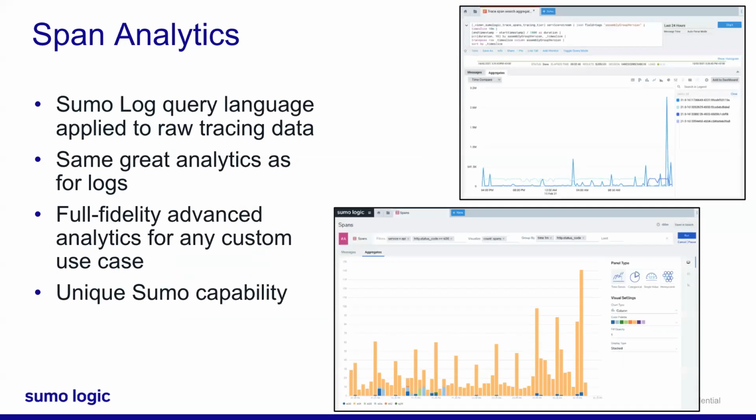We provide span analytics. With span analytics, we provide the same power of running queries on your logs. Very similar to that, you can collect your traces and you can use the Sumo Logic query language, very similar to the way you apply queries on the logs. Same analytics as for the logs, we provide with span analytics,